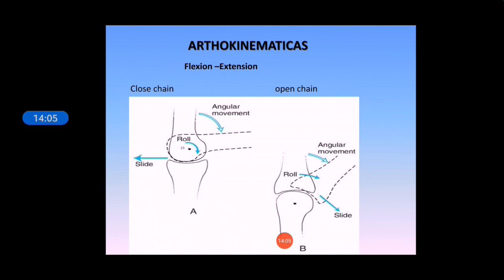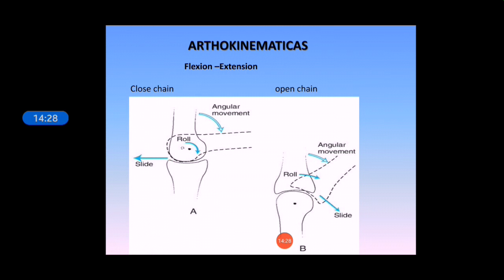Extension occurs initially as an anterior rolling of the femoral condyles on the tibial plateau, displacing the femoral condyles back to a neutral position on the tibial plateau. After the initial forward rolling, the femoral condyles glide posteriorly just enough to continue extension of the femur as an almost pure spin of the femoral condyles on the tibial plateau.